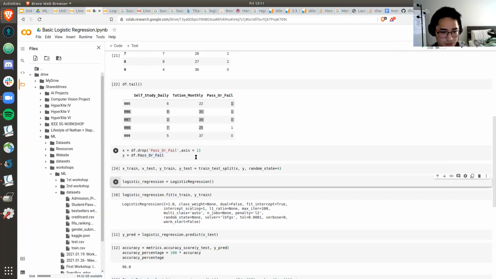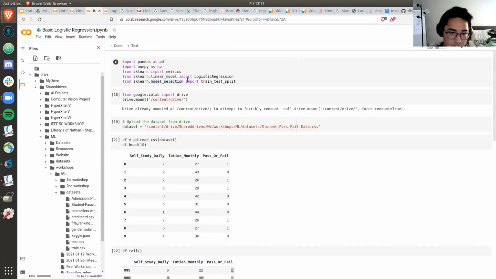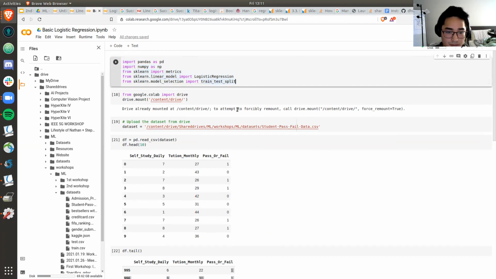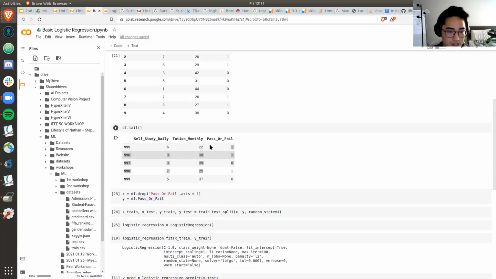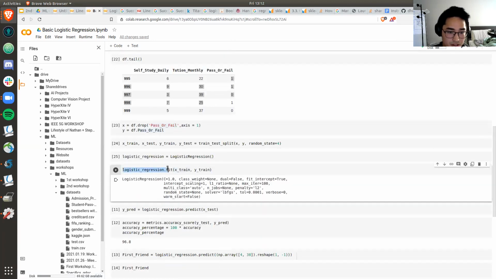And like what we did in our previous example, we want to define our logistic regression. So using sklearn, they already have a function for you that uses logistic regression, as shown right here. And it's pretty simple, right? So we define it and then we use logistic regression.fit. So we fit our X training data set and our Y training data set into our logistic regression model. And then once you fit that model, it'll output your theta values.